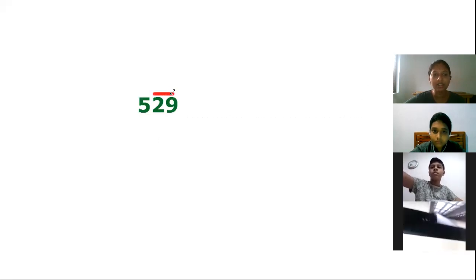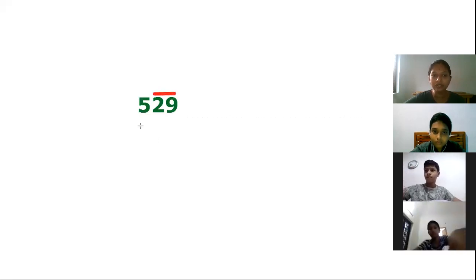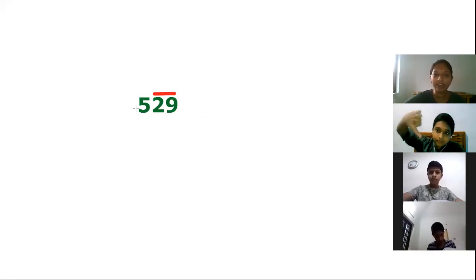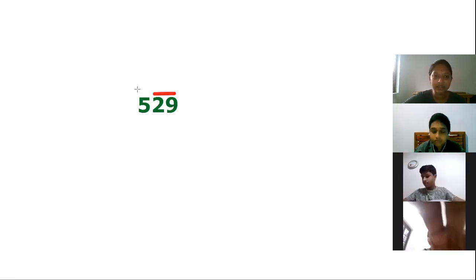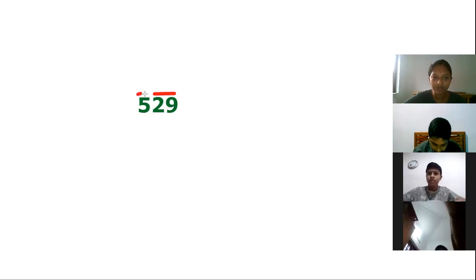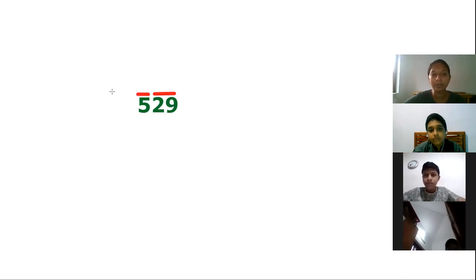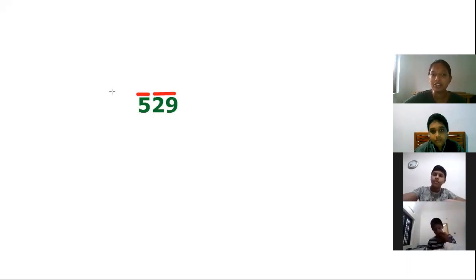And is there any pair for the digit 5? No, we can't pair the number 5 because this is a 3-digit number, but we just pair it by itself. That is 5 alone. So now we have made two pairs using the number 529. The pairing will start with the rightmost digits. That is, first of all, we have paired 29 and then 5.